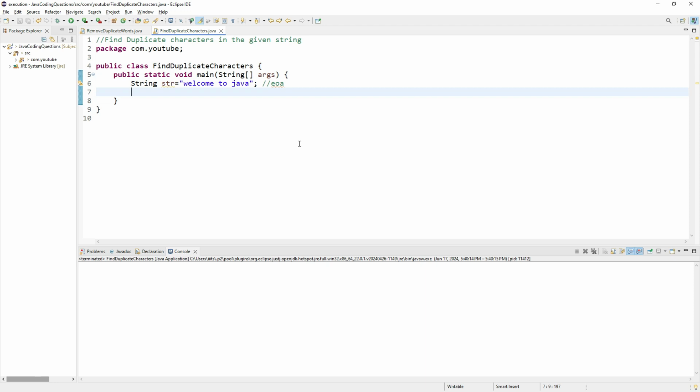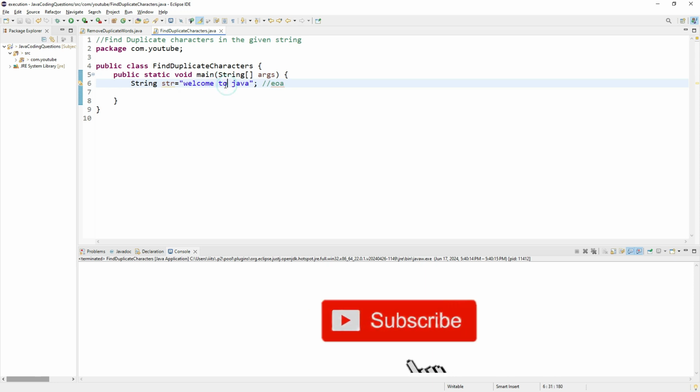Today we'll try to write a Java program to find duplicate characters in the given string. Duplicate characters means, here let me take an input like "welcome to Java". The duplicate characters are E, O and A, because E appears more than one time, O appears more than one time and A appears more than one time,